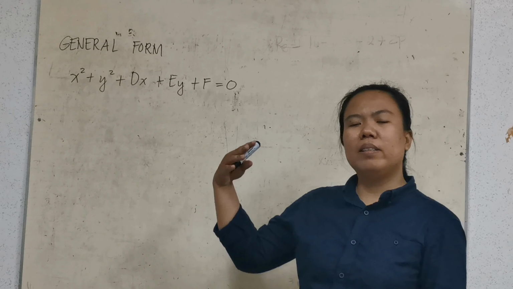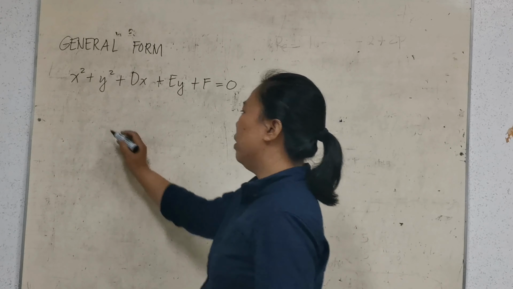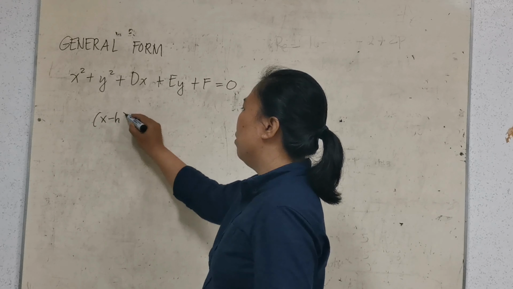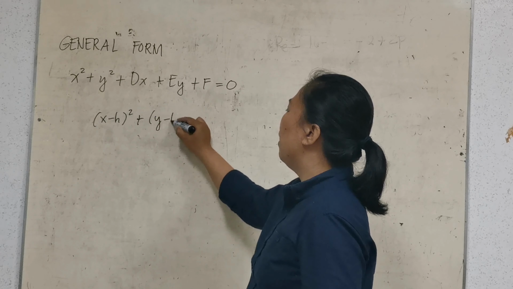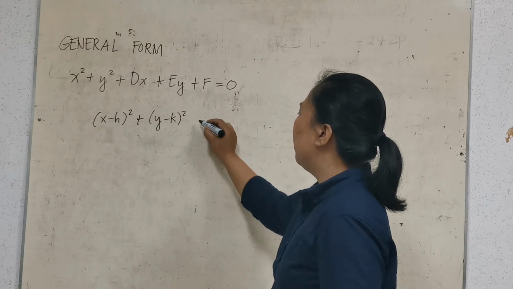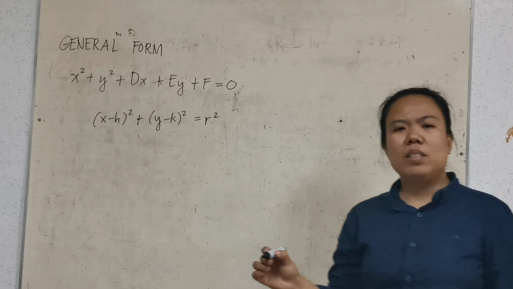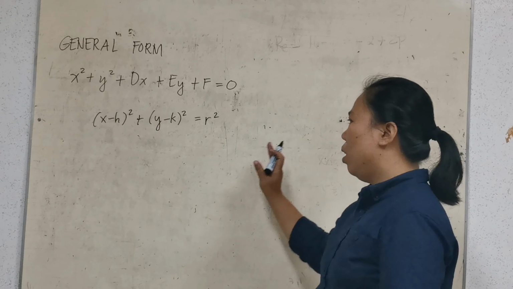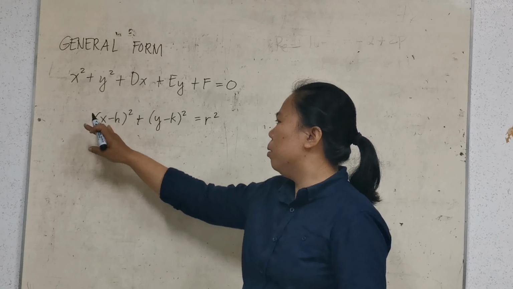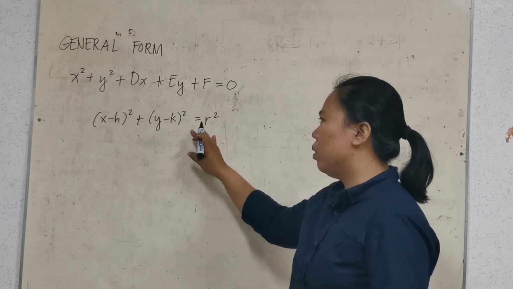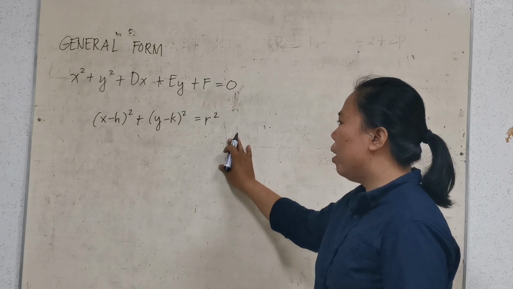So remember the previous equation of the circle given is x minus h squared plus y minus k squared is equal to r squared. You just have to square these expressions or binomials. So by squaring these binomials, we will have